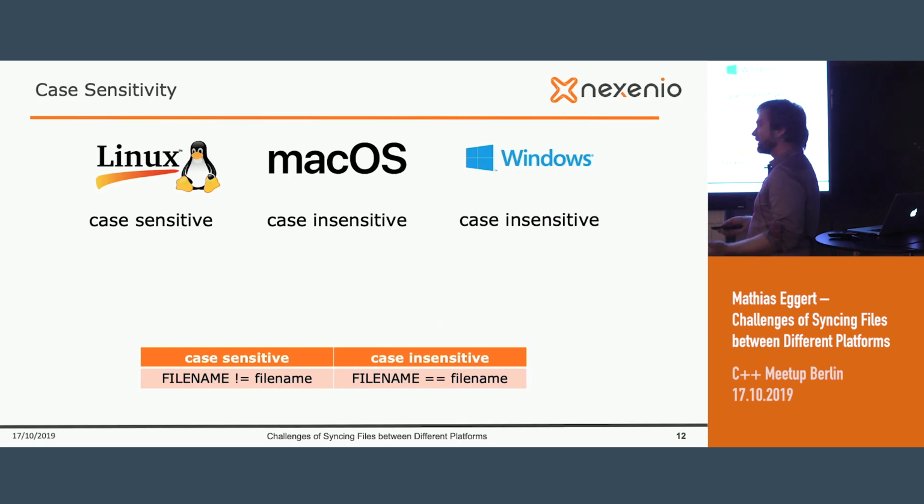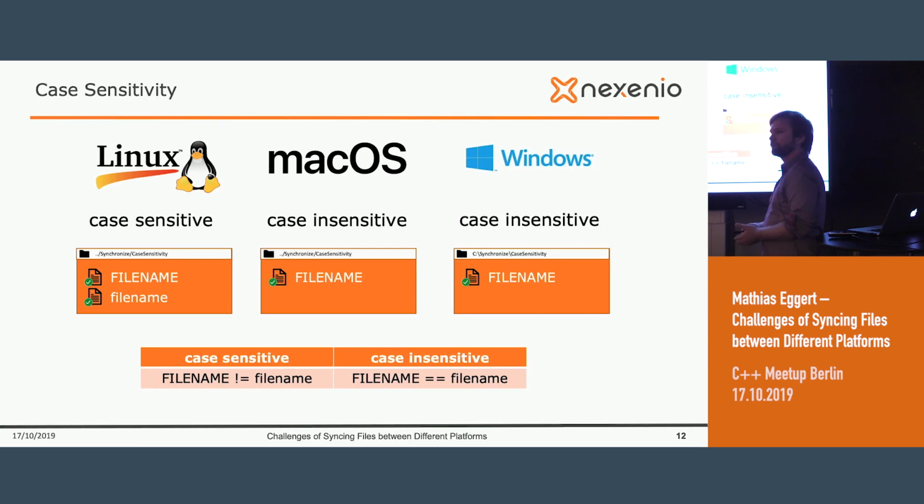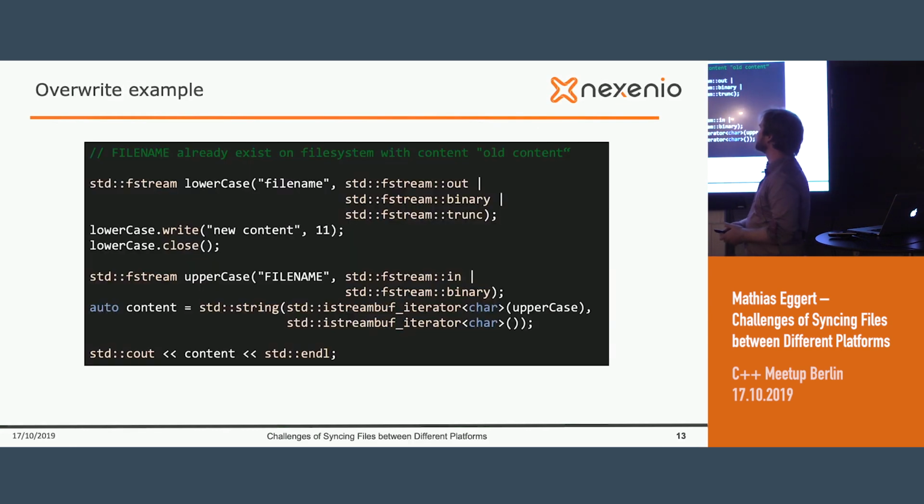Maybe you already realize which kind of problem we have, because the Linux client can create an uppercase file name and a lowercase file name in the same directory. And we synchronize it to the cloud, no problem. But if now the macOS and the Windows client try to download these different files, they can only download one of them because the uppercase file name and the lowercase file name are treated as equal. So here we have the problem that we only synchronize half of the information. That is obviously not so good. And we have another problem, because we cannot guarantee that the file content of the uppercase file name is the same on each platform. And I will explain why with this example.